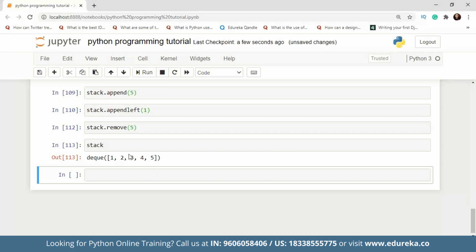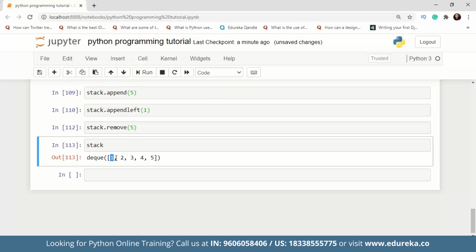So let's say we have an empty list, and if we use a loop, which we'll discuss later in the sessions, we keep inserting values inside the list or the deque. After a point we reach the end of the list and the last element has entered. Now comes the part where we have to get the last element out. In this case, the first value is 1, so this will come out last from the deque, and this is the last element.